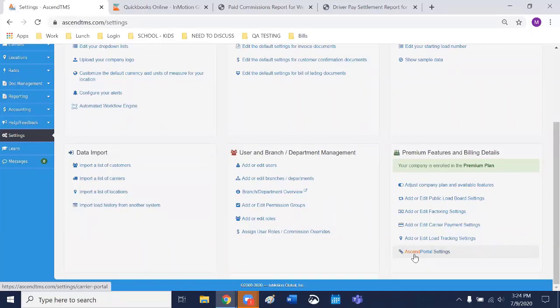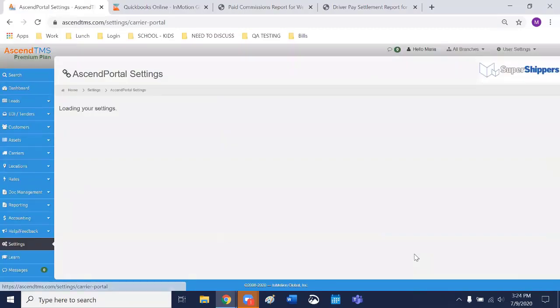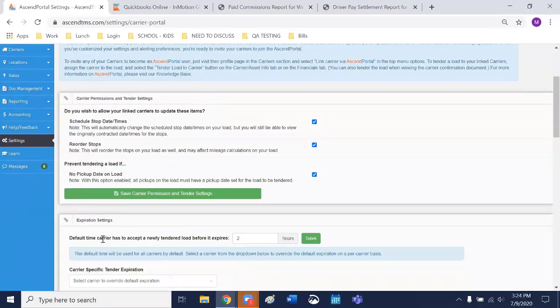My carriers utilize it so that they can use it as a driver portal. Essentially, it's what you had originally asked me. It's not an app, it's still a website, but it's their own login. And it functions like an app on your phone. The functionality is a lot cleaner than Ascend, because we designed it that way to be app-like. And they have a ton of options in there that will automate a lot of your day-to-day.